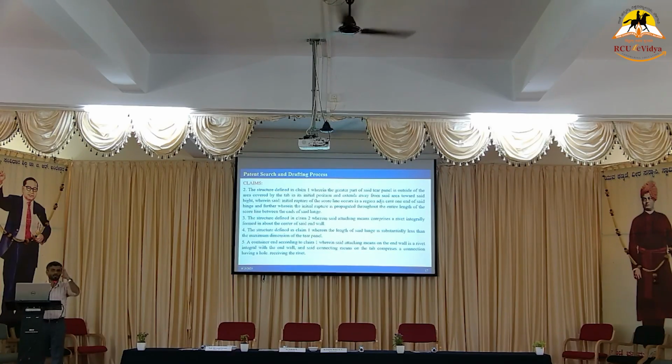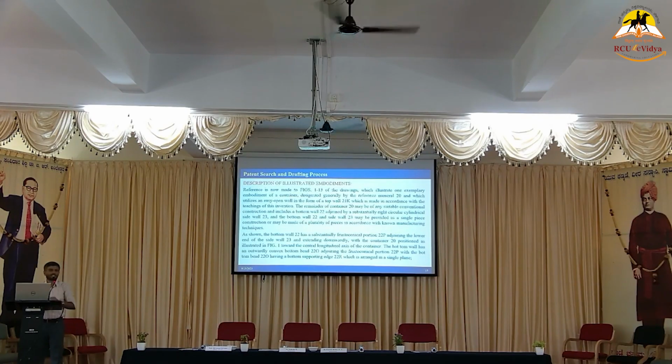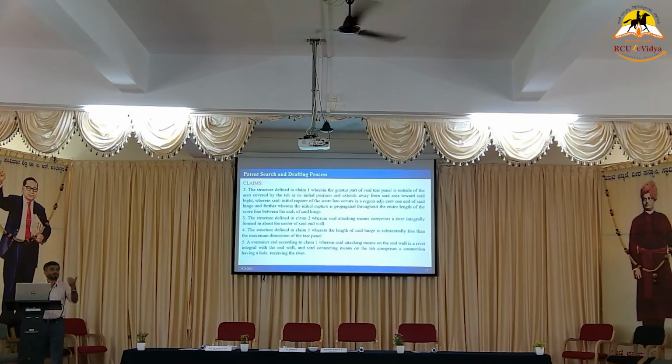For example, I told head. It is connected to the neck. In the head, you have many other components. Eyes are there, nose, ears, hair, everything is there. So in the head, claims 2, 3, 4: you need to say that in the head, these are the components, how they are interlinked and how they are connected. Clear, right? So claims are very, very important, and also the description of the illustrated embodiments. These are the inventive steps, and the claim is what you are going to claim.